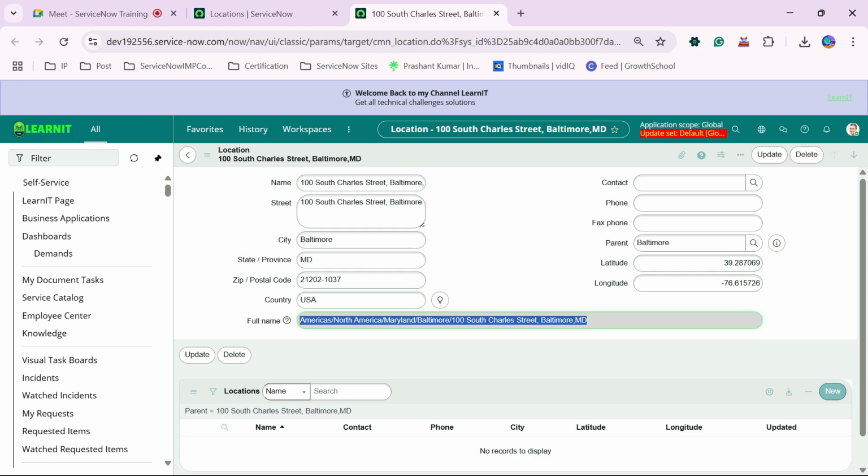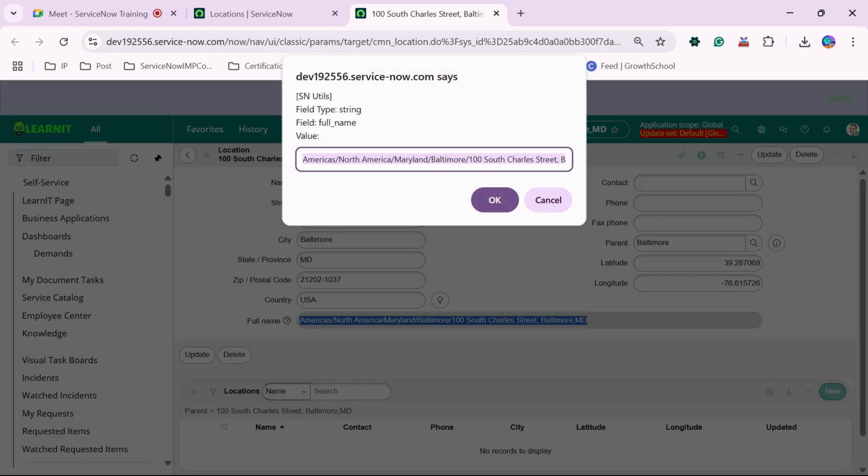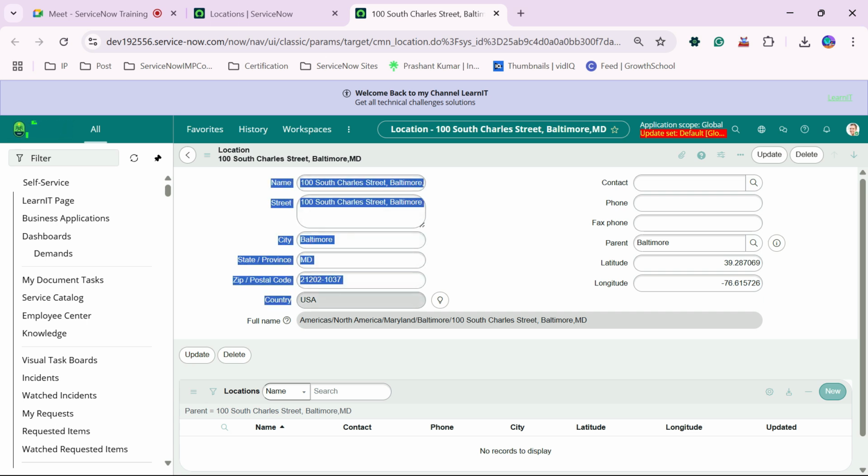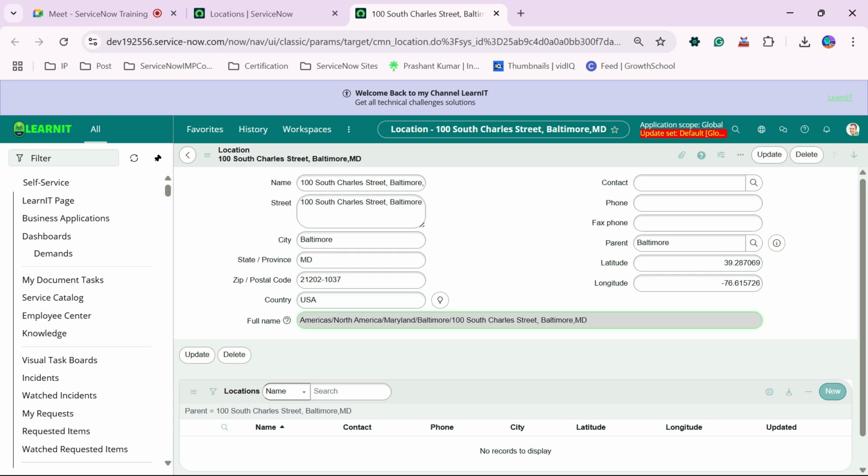And this is the full name. If you see, the full name is utilized to generate the path, like Americas, North America, Maryland, and then Baltimore, and the detailed address. So everything is concatenated into this field. Okay, so name, street, city, state, province, and the country, and it is mostly utilized for the FSM application, CSM, and